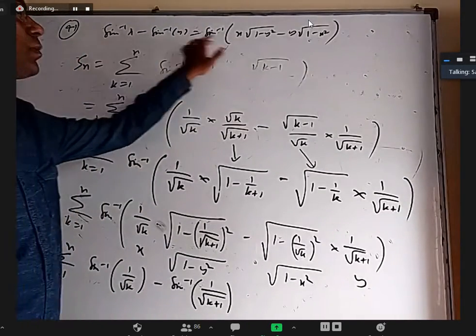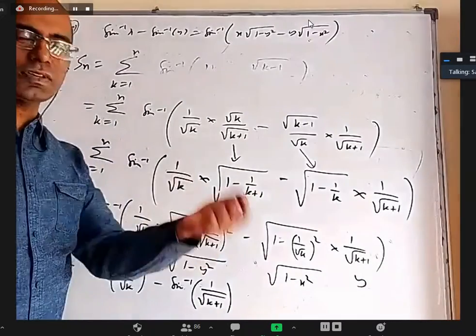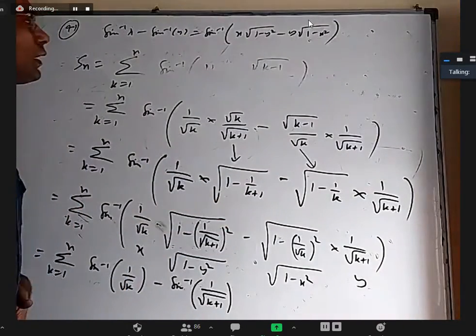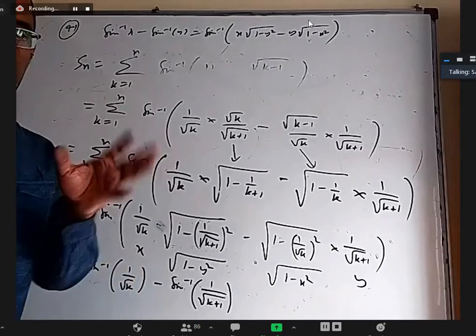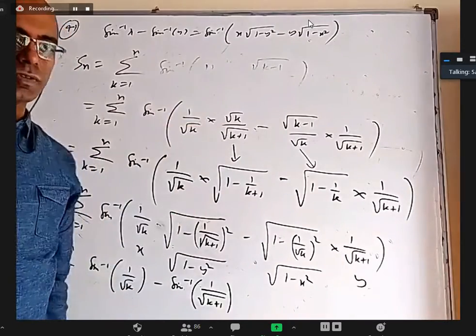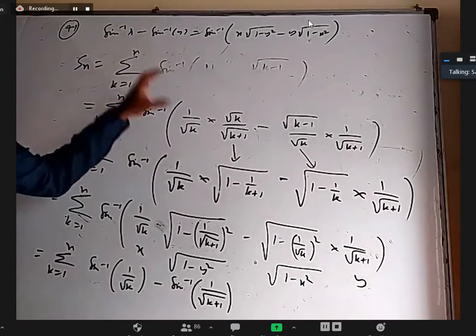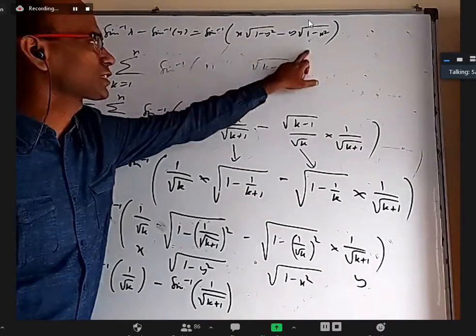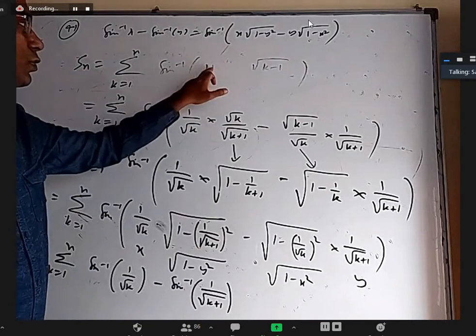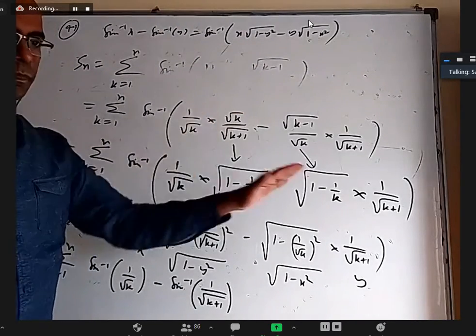So this is a basic formula that we have. We have done 2 questions where tan inverse of (x minus y) by (1 plus xy) is tan inverse x minus tan inverse y. Like that. They're a little easier because there are no square roots. Denominator should be 1 plus xy, numerator should be x minus y. But here we should have x and root 1 minus x square here, y and root 1 minus y square. So whatever is there, I took this by this separately, this by this separately.